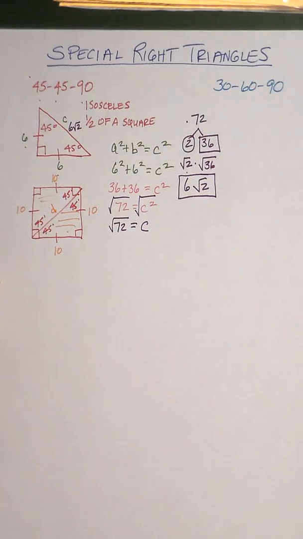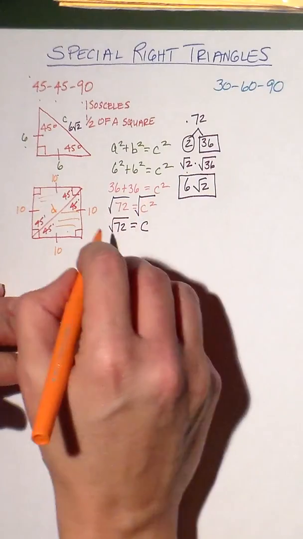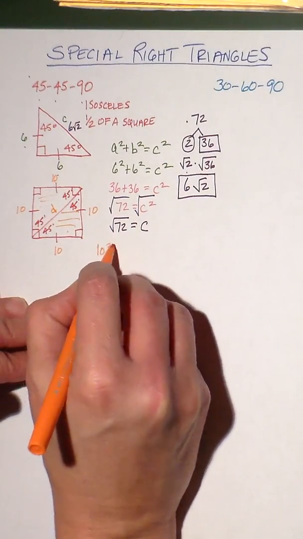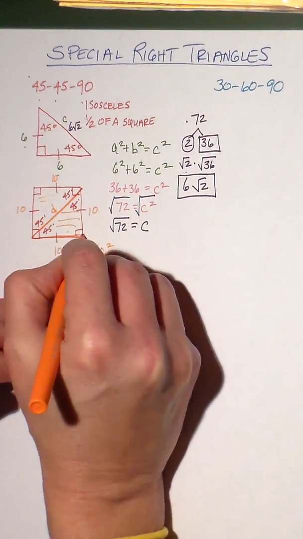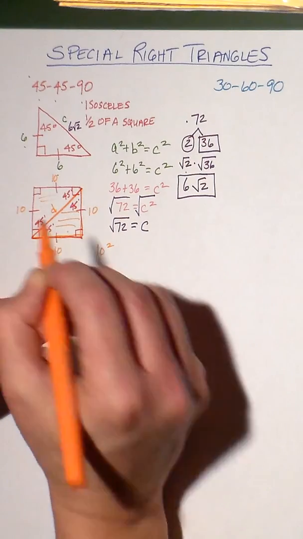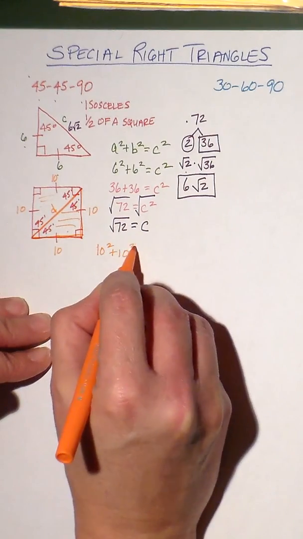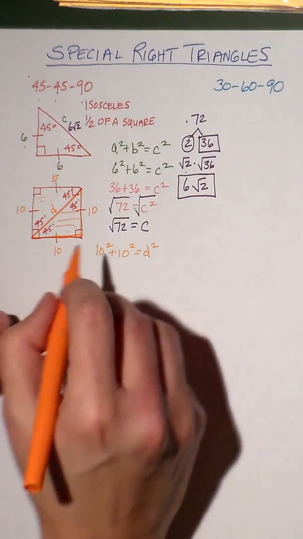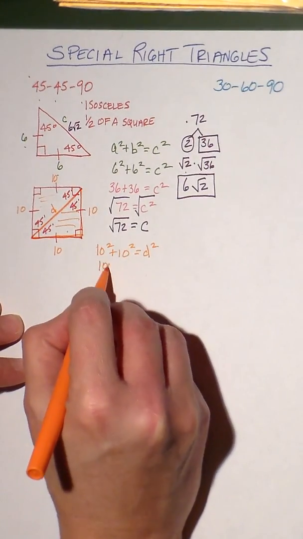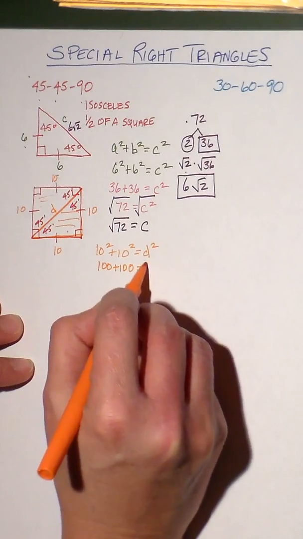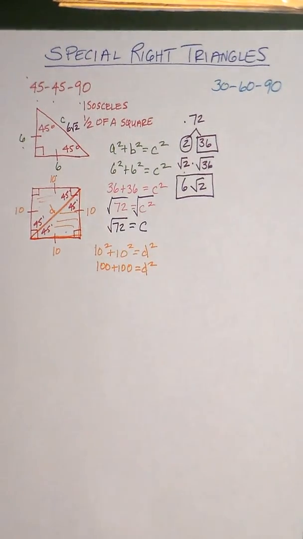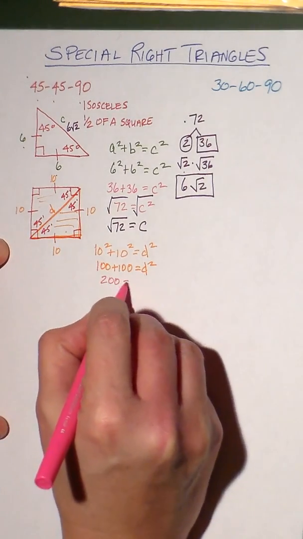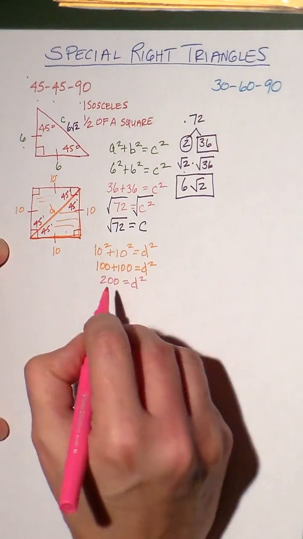So what I'm going to do is format this. I'm going to imagine I'm just looking at this triangle right here, just this one. 10 squared plus 10 squared equals d squared, which is my diagonal, or you can call it c. 10 squared is 100, so 100 plus 100 equals d squared. So for my next step, I've got 200 equals d squared, and then I'm going to take the square root